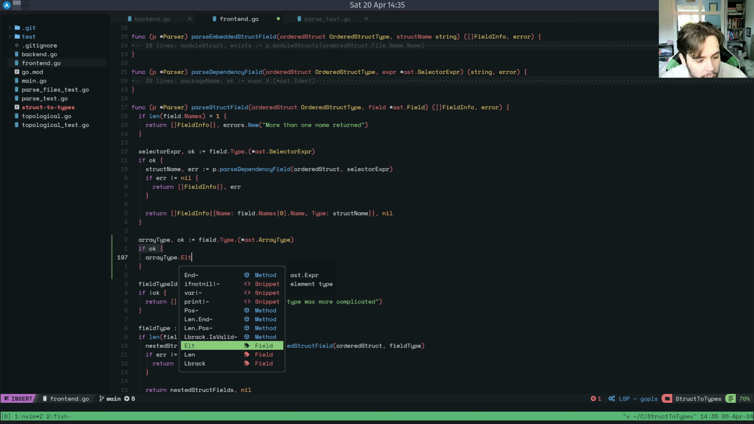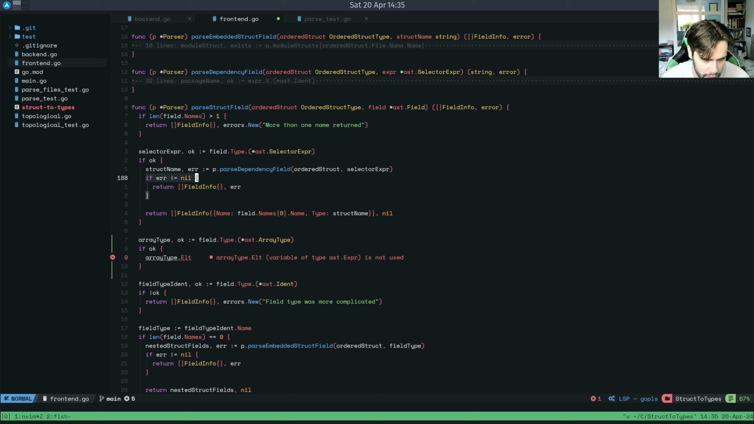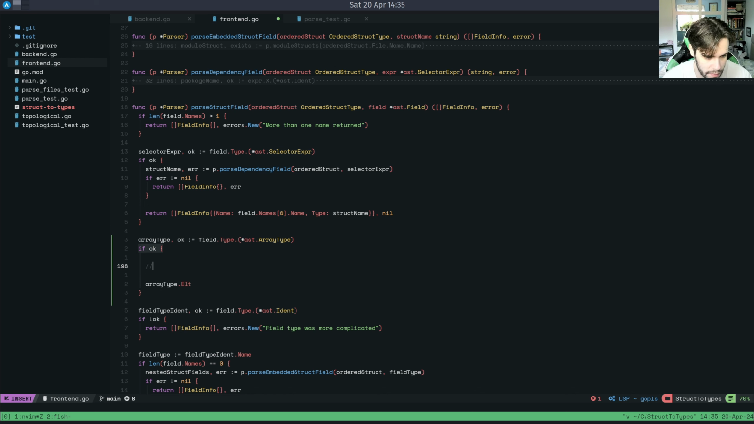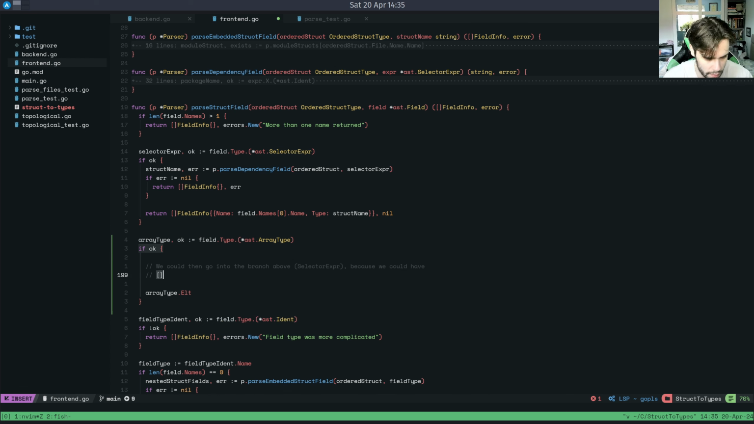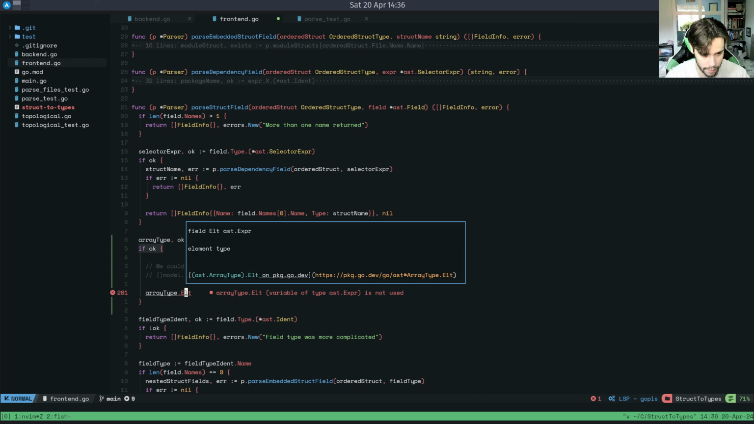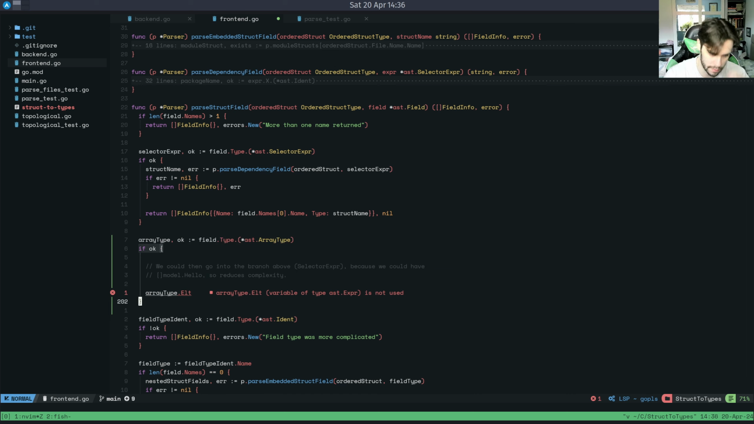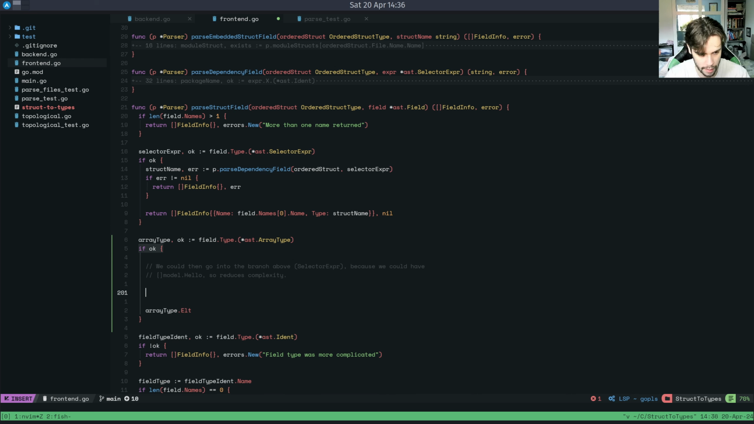If we had an element type, we could even kind of tie this logic. I'm going to write a comment for myself here. We could then go into the branch above, selector expr, because we could have array of model.hello or something. So it reduces complexity, but I'll think about that when I write a test for it. So right now what I want is to have the expression which went into an identifier, as far as I know. Right, so in this branch, which we might extract into a different function to be fair,